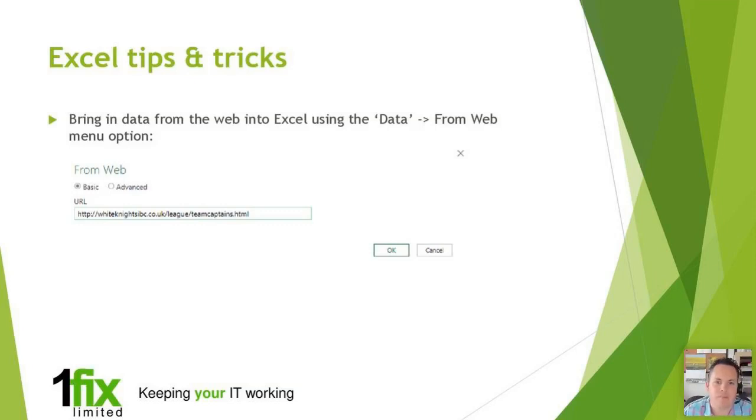So if you click on the data tab at the top of Excel, choose from web, you'll get this screen appear, which is a really basic box. I wouldn't use the advanced function. It doesn't add anything of value particularly for what you're going to need to do. In the URL, you paste in the actual website that you want to grab the data from. So the best way to do that is have a web browser open, find the data, go up to the top bar, copy and paste. So you put that in, press OK,